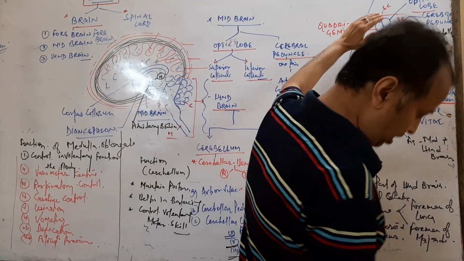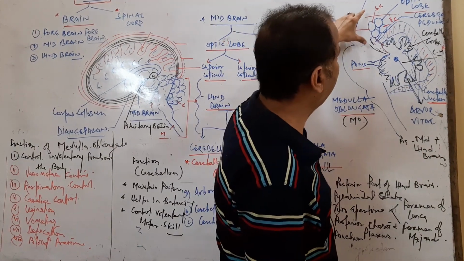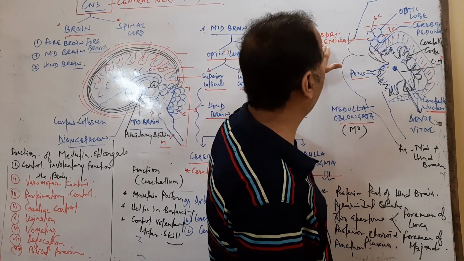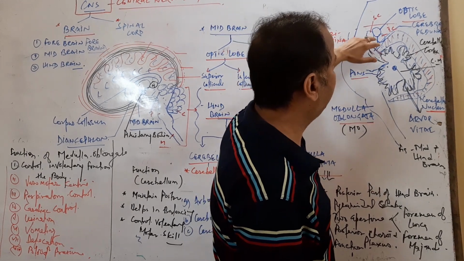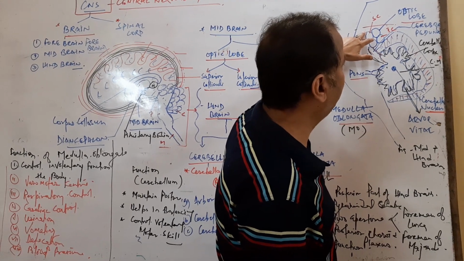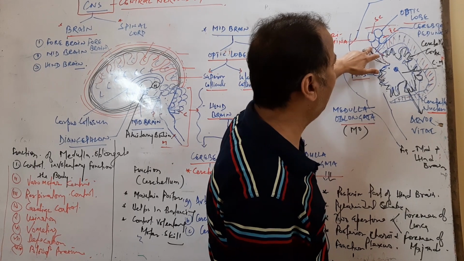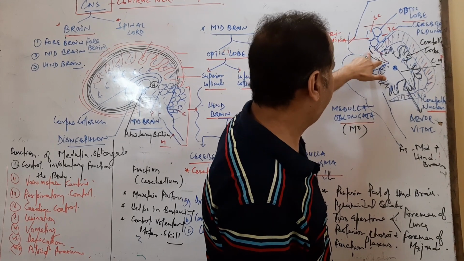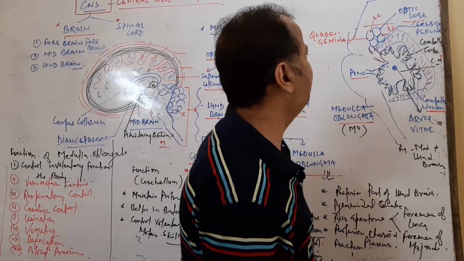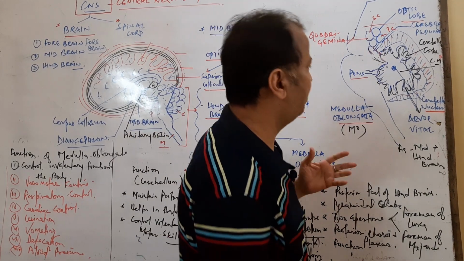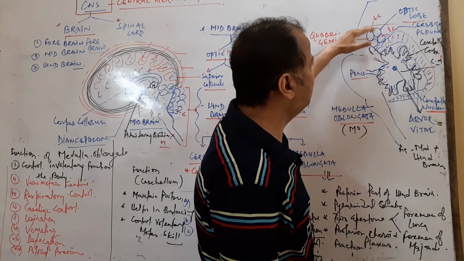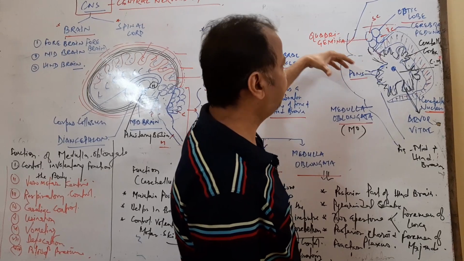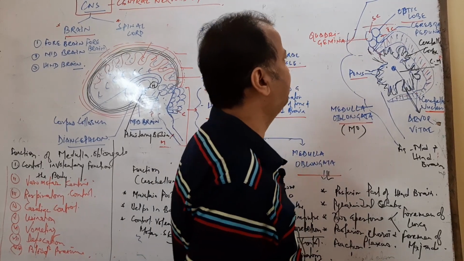Here we see it in detail. So here is the structure of the midbrain. The midbrain contains four optic lobes, so it is also called corpora quadrigemina. The upper optic lobes are called superior colliculi, and the lower ones are called inferior colliculi. Then a tract arises which is connected to the hindbrain, that is called the cerebral peduncle. This part helps in the visual process. This forms the optic chiasma, and the four lobes help.